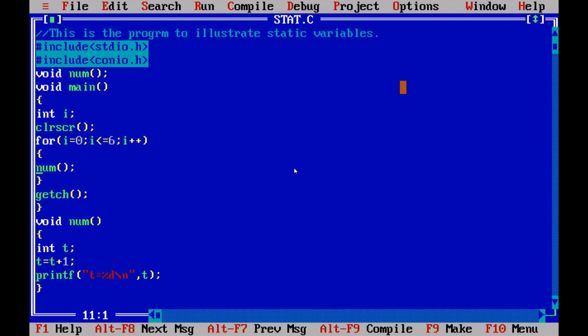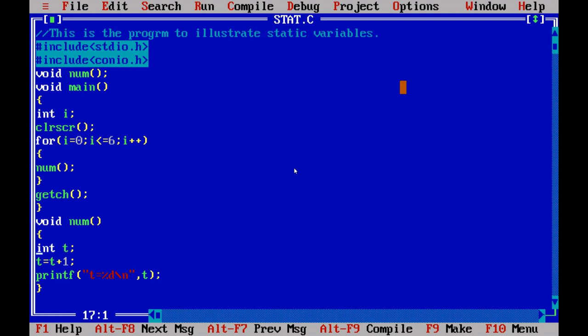So when i is equal to 0, num will be called. When i is equal to 1, again it will be called. When i is equal to 2, again it will be called. Right? So you just see here, when you are compiling your program and running your program, by that time your program control will be shifted from this place to the place where you have defined the function.